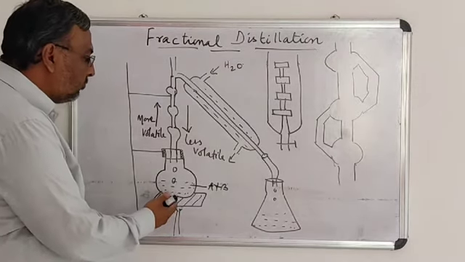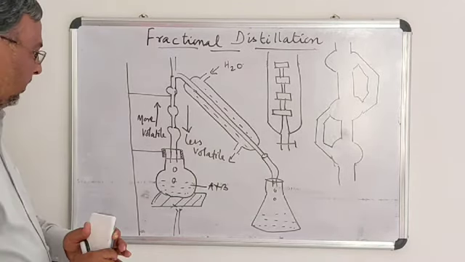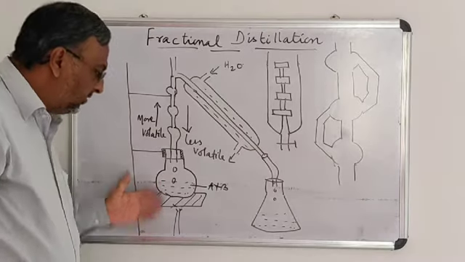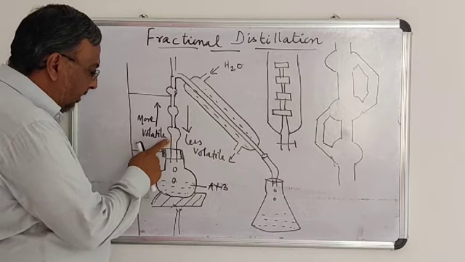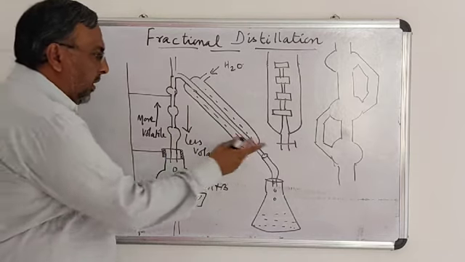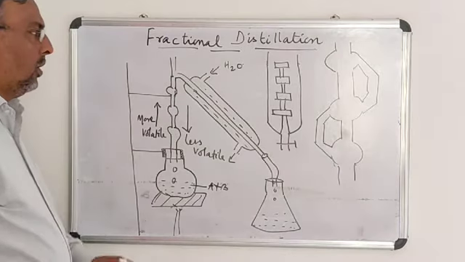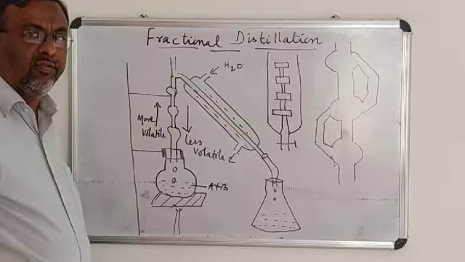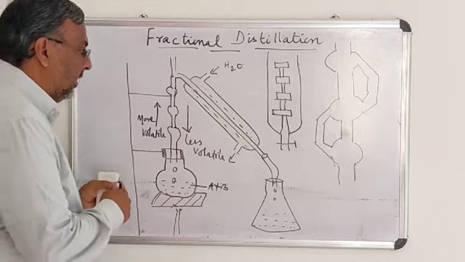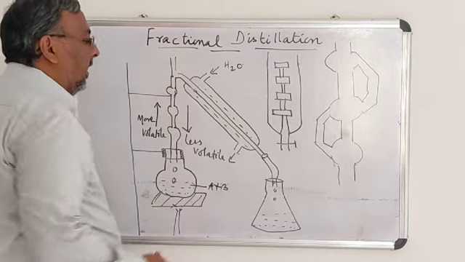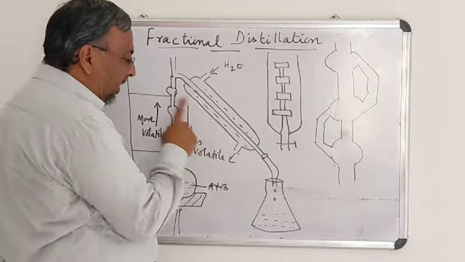So in this setup, those liquids which are going to be separated are distilled by means of this method. Here I have used a pear-shaped fractionating column. We can also use this type of fractionating column in order to increase the volume of cooling surface. Ultimately, to condense the more volatile liquid vapors, we are using the Liebig condenser.